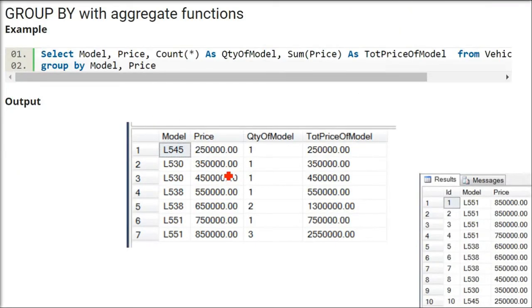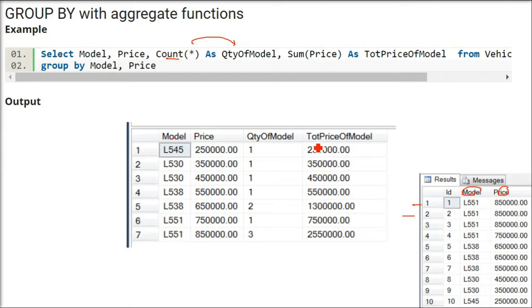Now we will group by with aggregate functions, as I just told you: min, max, sum, average, etc. So now we are selecting model and price. The first column will be model, the second column will be price. Count star, named quantity of model, will count the number of rows, how many times it is repeated.